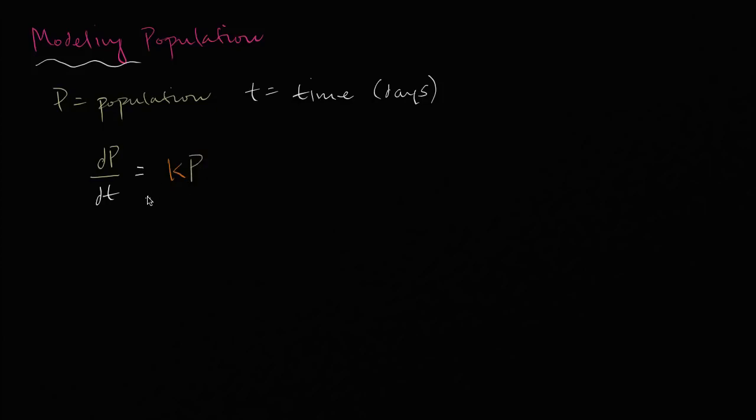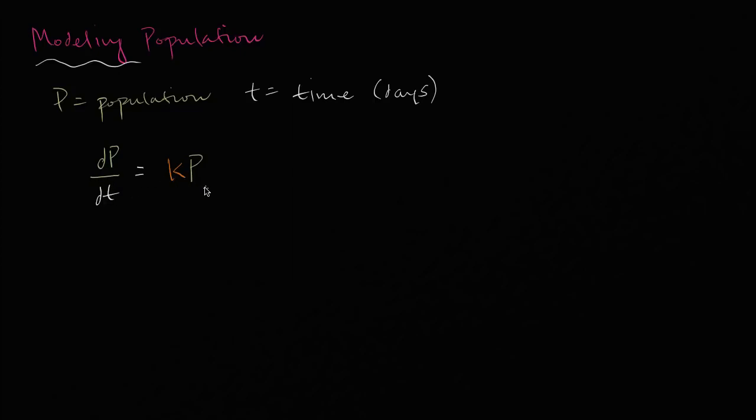Why is that reasonable? Well, the larger the population, the larger the rate at any given time. If you have 1,000 insects, the rate at which they're reproducing is going to be more insects per day or per year than if you only have 10 insects. So it makes sense that the rate of growth of your population with respect to time is going to be